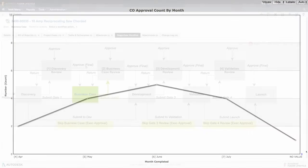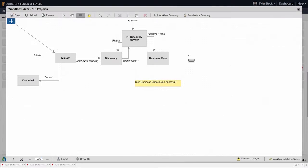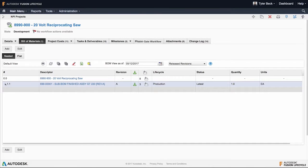Escape from spreadsheets and use industry-standard phase gate methods to go through your launch processes. Or set up your own milestones based on processes that have worked for you. And when you're ready to launch a new product, you can manage the entire bill of materials down to each